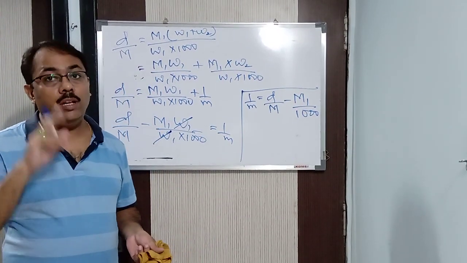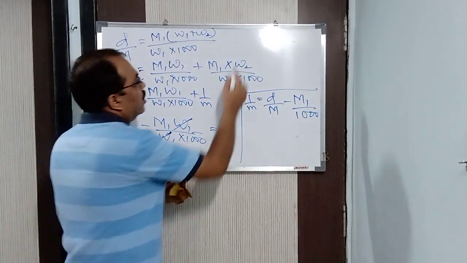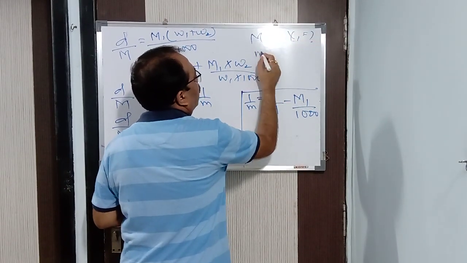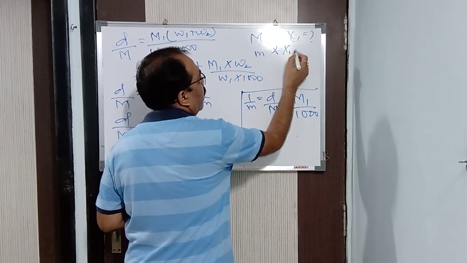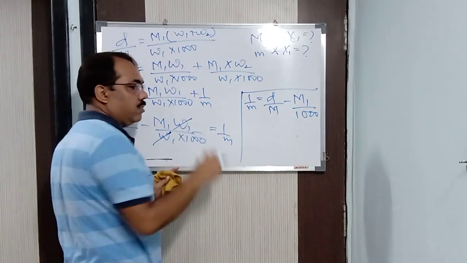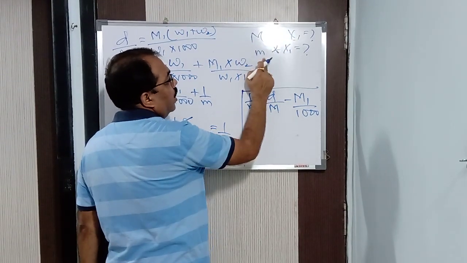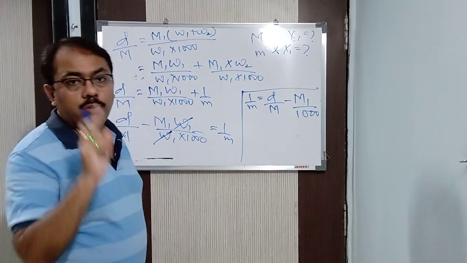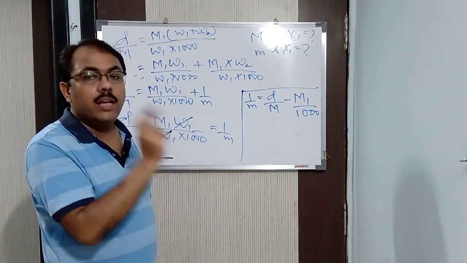Write down the relationship between molarity and mole fraction of solute, that is capital M and x1. You will derive it and show it to me. And another one is the relationship between molality and x1, the mole fraction of solute. The same way as I have done it, you will derive it and show it to me.